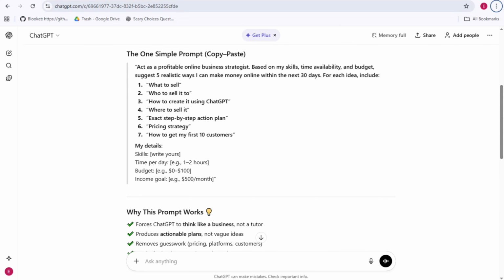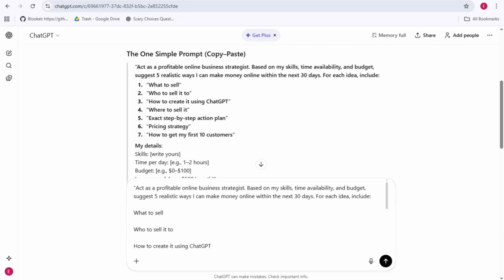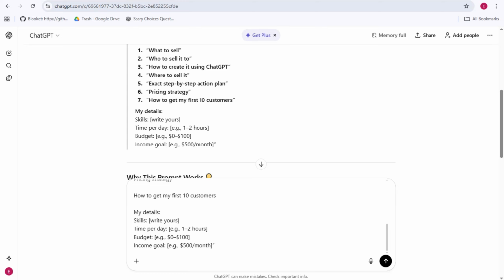And now you need to provide the following information about yourself so that ChatGPT can give you idea what to do and the step-by-step procedures on how to generate income with this one single prompt. So I'm going to copy this. I'm going to paste. Let's just say I am a video editor, or let's just say YouTube video editor, something